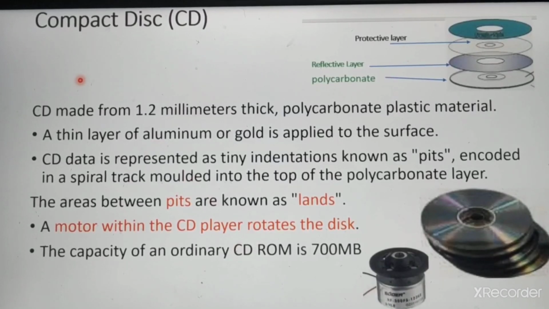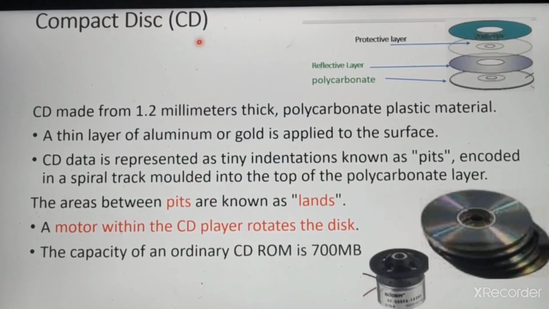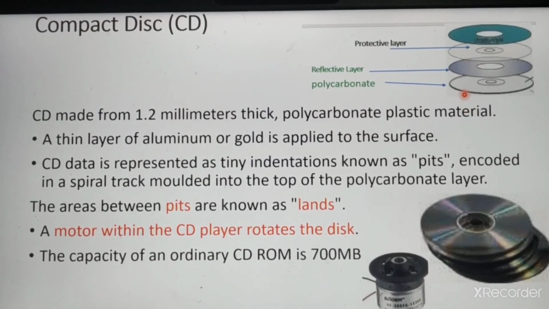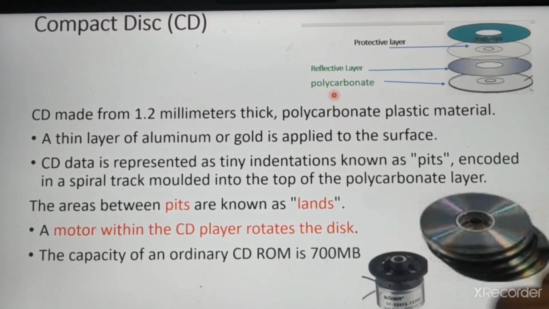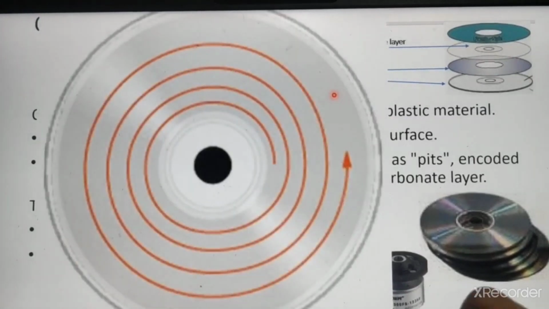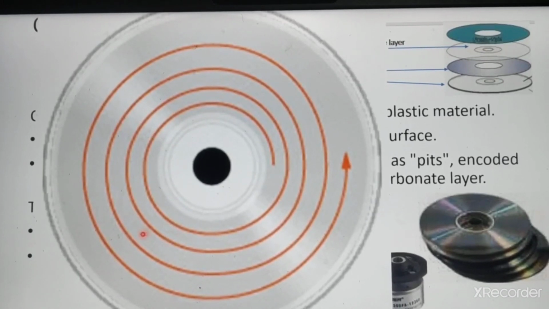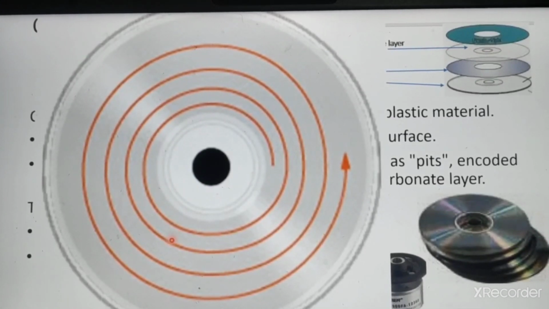See about the compact disk, which is simply called a CD. Here we have 4 different types of layers. The first and bottommost layer is called the polycarbonate layer. Above the polycarbonate layer, a spiral track is molded in spiral shape. All data and information are encoded in the track in the form of binary bits, which is 0 and 1. Its length is more than 5 kilometers. So, lakhs and lakhs of bits are stored in the spiral track.